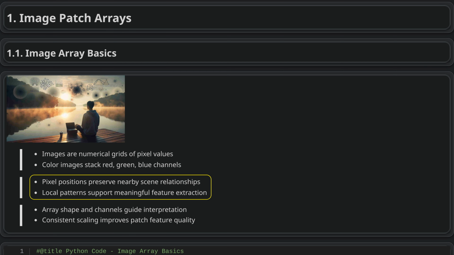In image analysis, pixel arrangement matters because it preserves spatial relationships in the scene. Neighboring pixels can reveal meaningful patterns, such as sharp value changes that suggest edges or repeated values that indicate texture. Keeping both pixel values and their locations allows systems in areas like medical and satellite imaging to extract useful features